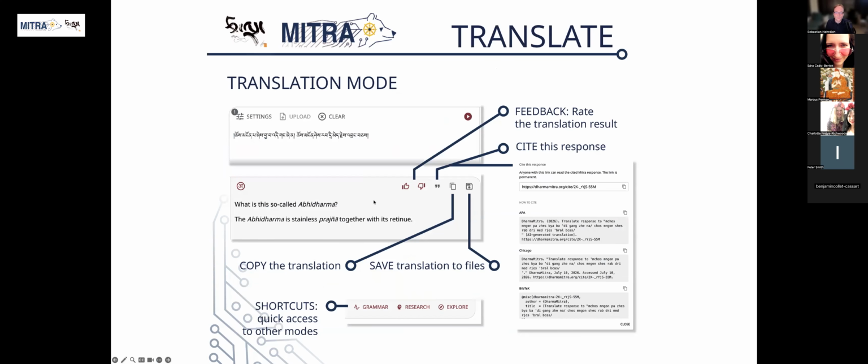In the translation mode, you have a number of additional functions. On the one hand, we have the feedback button. You can vote up or vote down a translation. And if you vote down, you also get the opportunity to leave some remarks about what is problematic with the phrase. You can leave a comment about the problems, and then you can optionally leave your name. We are looking very actively at this feedback. This is extremely helpful for us to know what kind of improvements we might need to make